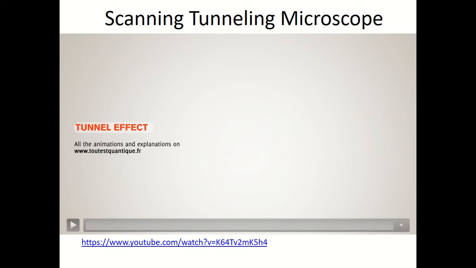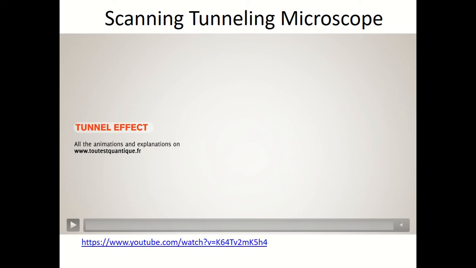Optical microscopes show diffraction of light if you try to magnify beyond 10 raised to 6 times magnification, and therefore we cannot use optical microscope to study nanomaterials. And hence in 1981 G. Binnig and H. Rohrer invented scanning tunneling microscope, a very promising tool to study nanomaterials. And for this they were awarded the Nobel Prize in 1986.